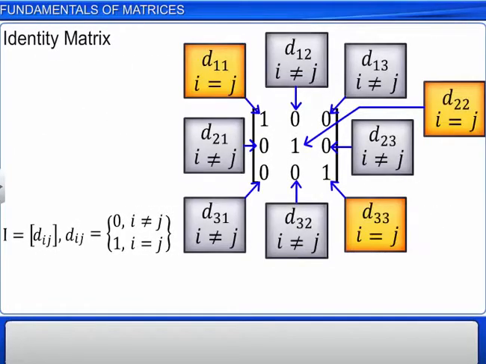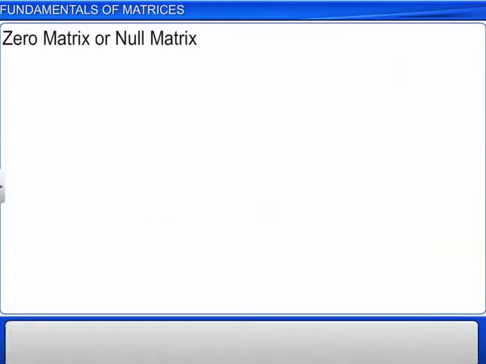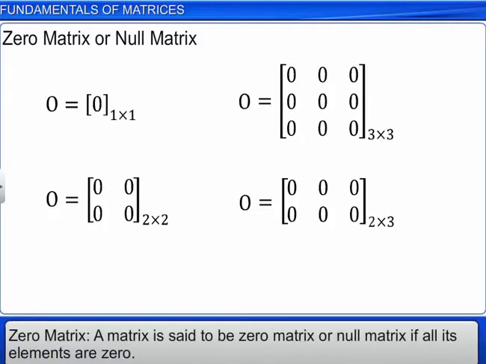The general representation is used to explore the example as shown. A square matrix in which elements in the diagonal are all 1 and the rest are all 0 is called an identity matrix. When every element of a matrix is 0, the matrix is called a zero matrix or null matrix. A matrix is said to be a zero matrix or null matrix if all its elements